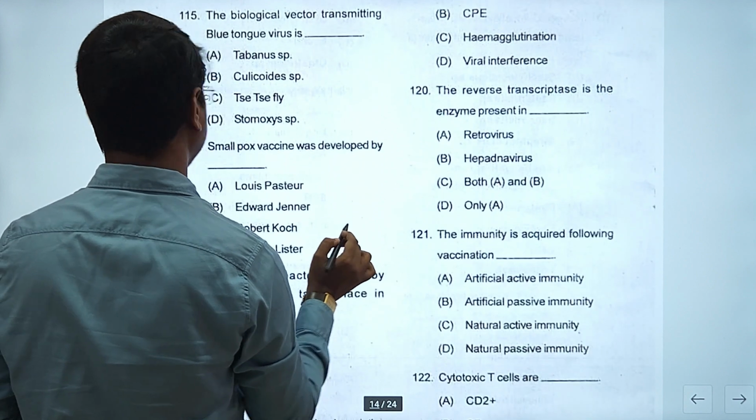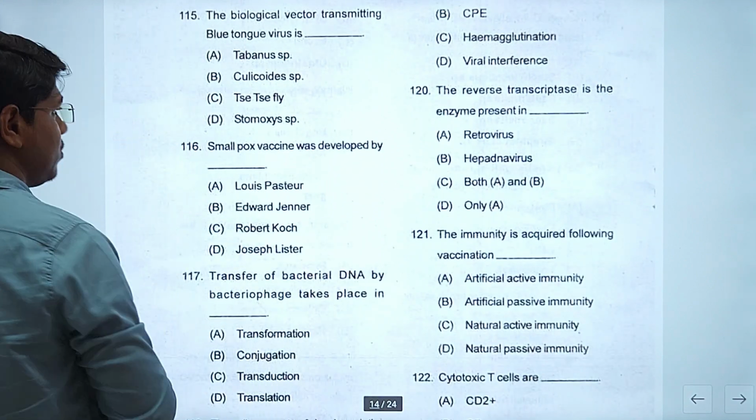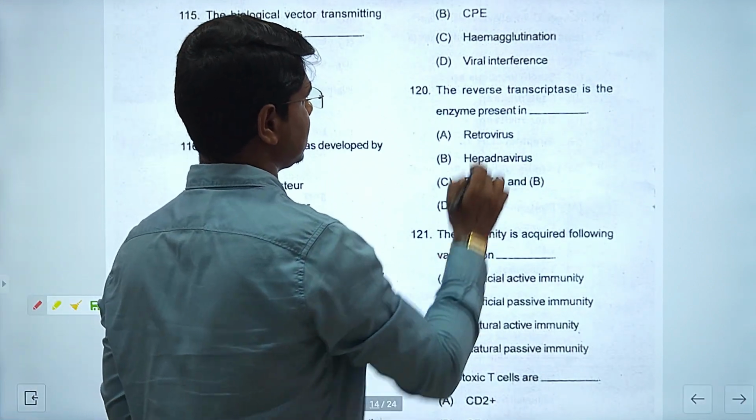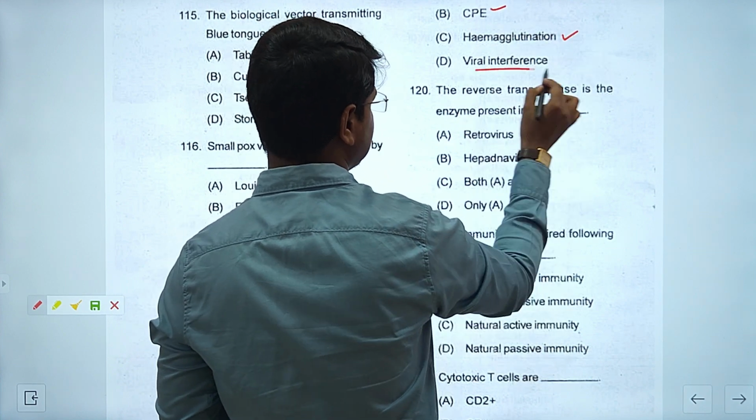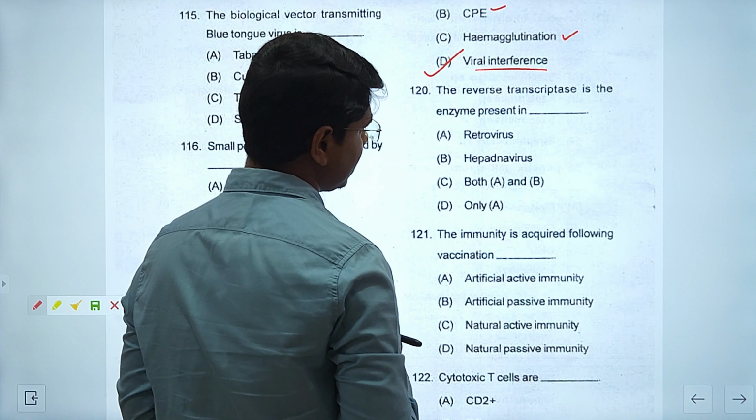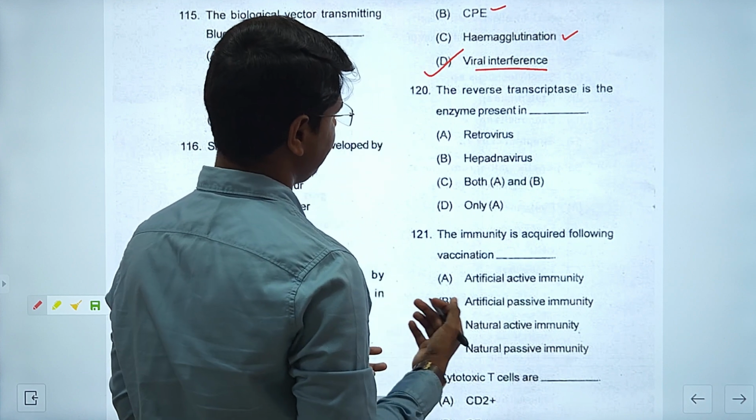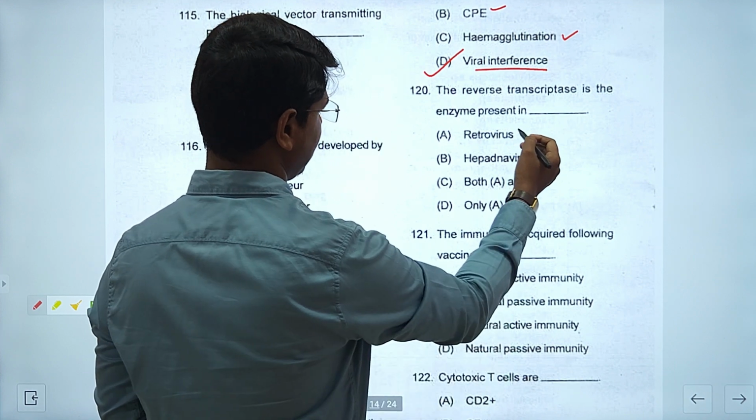Okay, CPE is cytopathic effect. When live cell culture is used, the virus produces some effect, that is cytopathic effect. Hemagglutination is coupling of RBC. Answer is viral interference. The reverse transcriptase is the enzyme present in, you know that most commonly it is retrovirus,